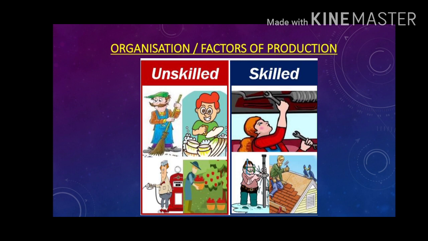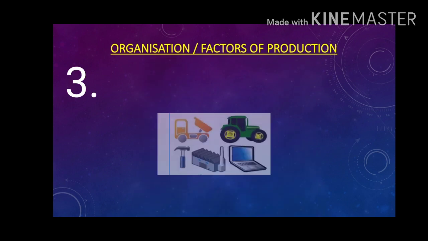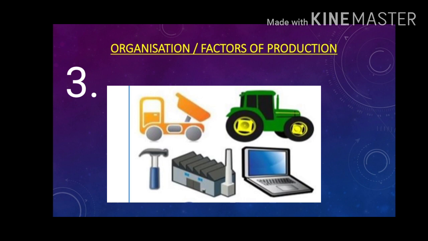So duties like cleaning and collecting fruits or giving out oil or whatever, these can be done without very rigorous training also. Whereas the work that you see on the right hand side, that is some mechanic type of work or something where some technical knowledge is required, there you need to get some training, isn't it? So that's why it is called skilled. So I hope you're clear. So moving on, this is our third very important factor of production. Now what is that? Machines, tractors, things which are very important for the production process.